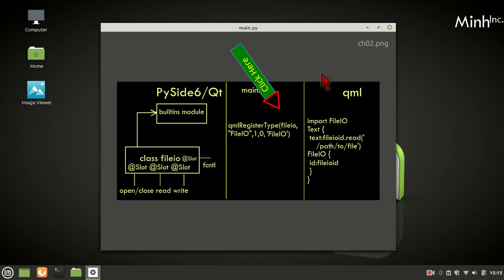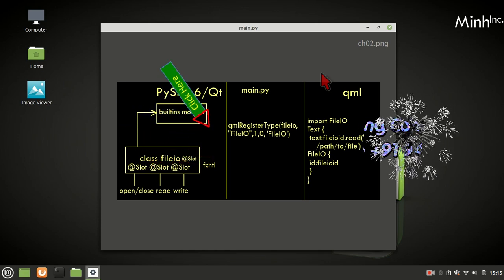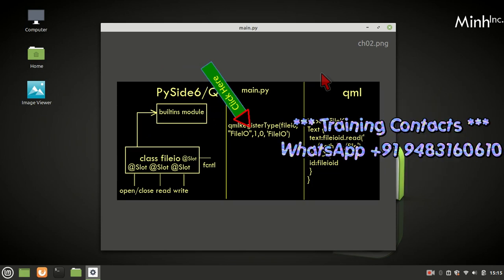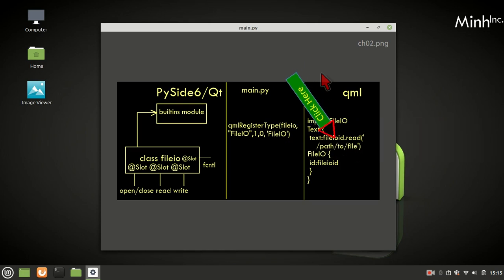Okay, so our design is that the built-in module is there. We'll have a class FileIO, and this class will have functions as slots. We can register this FileIO through qmlRegisterType, import that registration module name, and start using it.